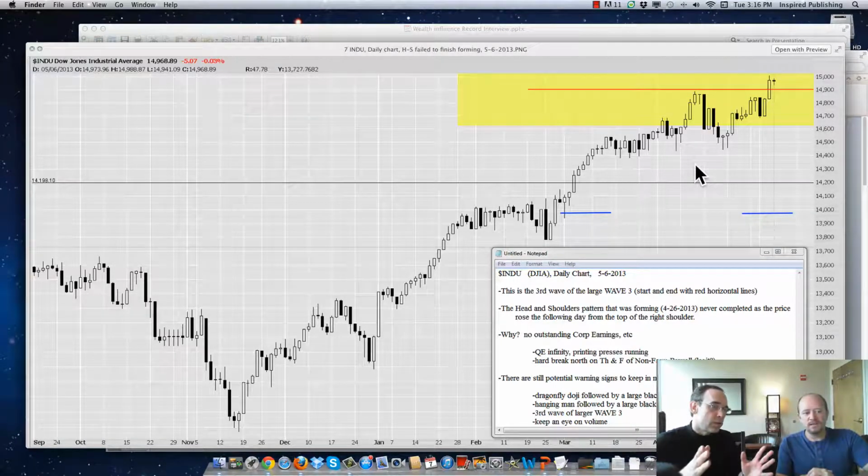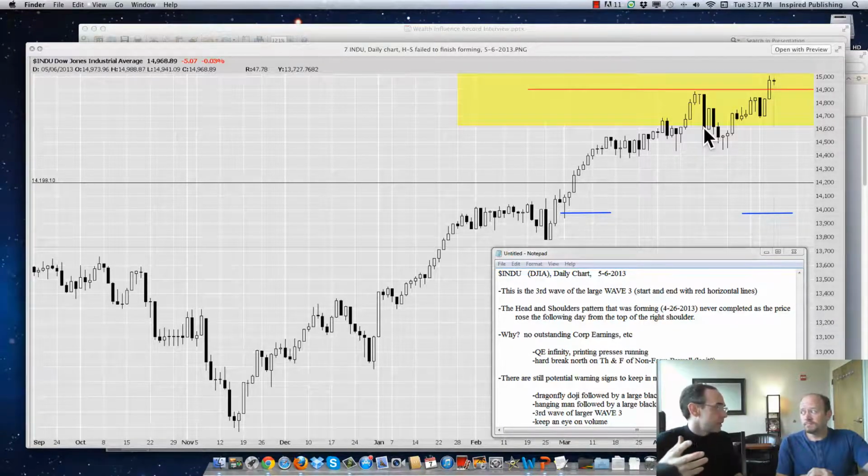Okay, and I know we're focused on, I don't want to get too far off the track of our head and shoulders pattern, but a couple of things we're going to look at right here too. With this head and shoulders pattern, we can't ignore a couple other little warning signs. First of all, we have what's called a dragonfly doji right here, which is followed by a large black candle. That's again a heads up the market could be heading south. Again, we have to keep everything in the context of a lot of other things.